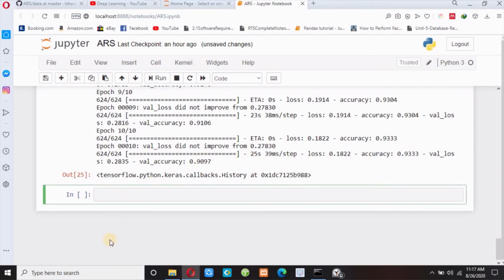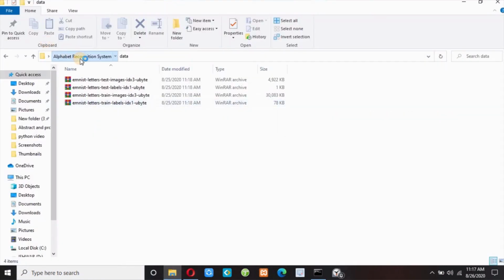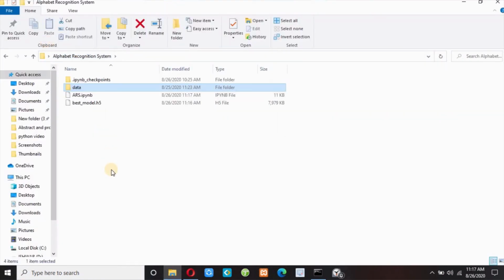So let me calculate test accuracy now, and you can see in your folder, in this folder, best model.h5 is now stored in your directory. So in this file we have our best model out of the 10 epochs.